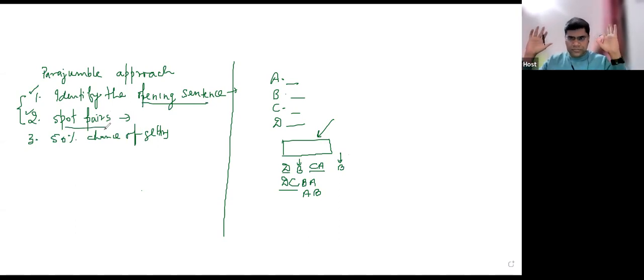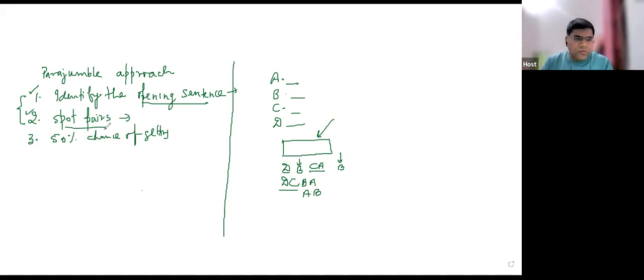So you identify the opening sentence and you have spotted a pair, and almost the answer is done. Almost. So a parajumble which looks like a very complex question can be done in a quick amount of time. I don't say that you'd finish it in 15-20 seconds, but sometimes in 1 minute you might be able to get the question correct. And if you can leave the difficult questions by identifying them or by taking a guess within 1 minute, in 3 to 5 minutes you can solve three parajumbles, you get one correct, you have got plus 3 marks or whatever marks. So I would say that it's not a bad deal at least.